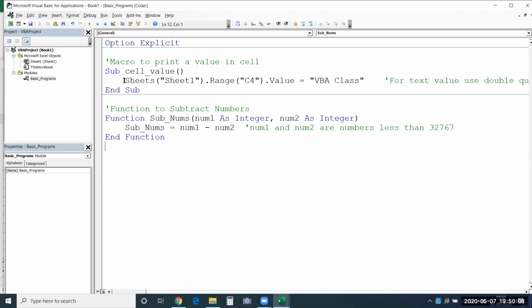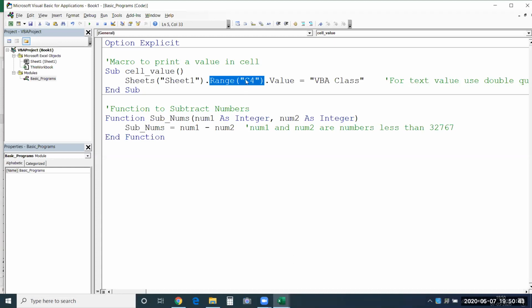See over here in this macro, till here it is the object hierarchy that we have followed. First is sheet. Within sheet we have a cell. To connect these two, again I have used the dot operator. So value is the property of this particular object. Range is an object, that is cell. Range can be used even for a single cell or multiple cells that we select in VBA, so for all that we refer to it as range only.